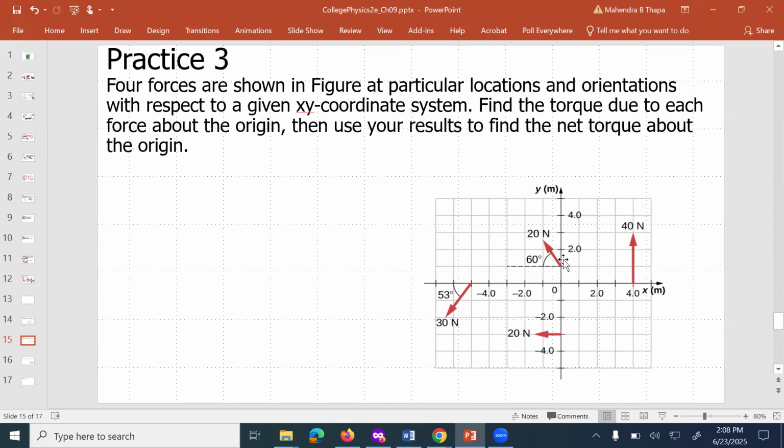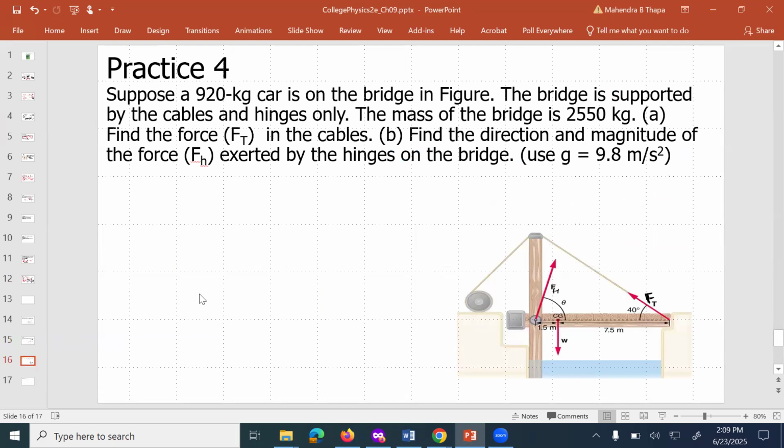You have to use the concept of torque. If you remember the equation, tau equals R F sine theta, you need to use this equation for each force. Okay. Third one, the practice problem 4th